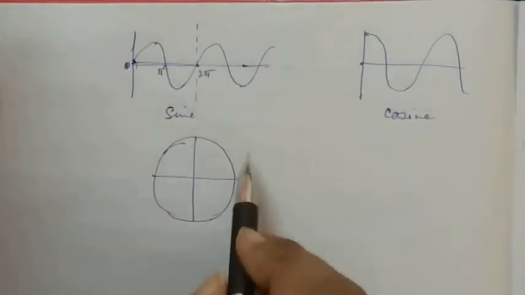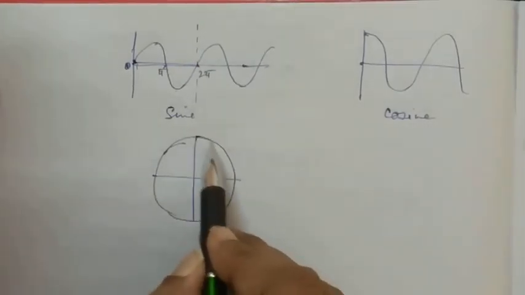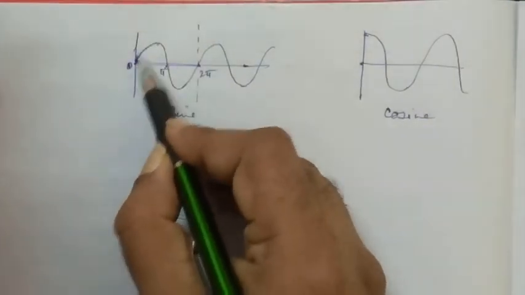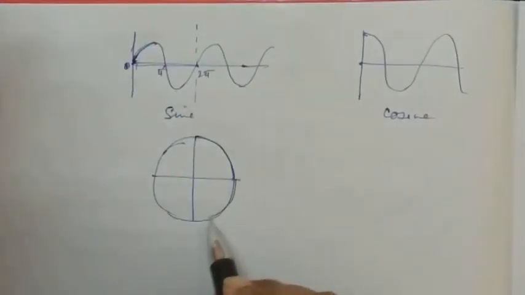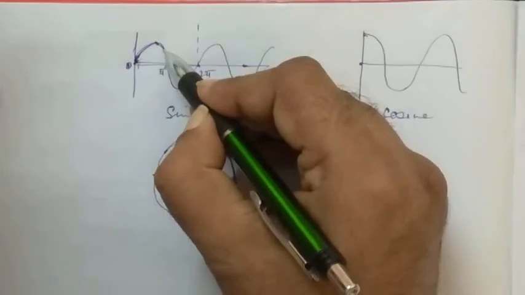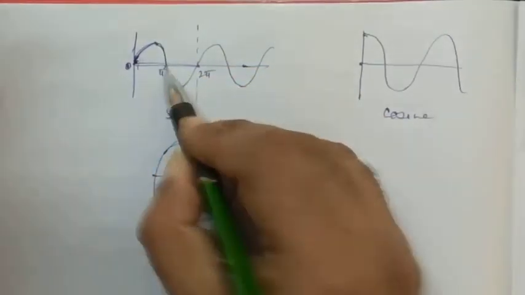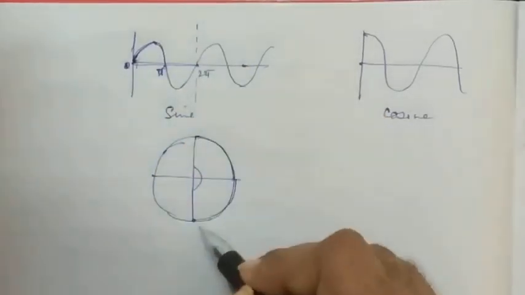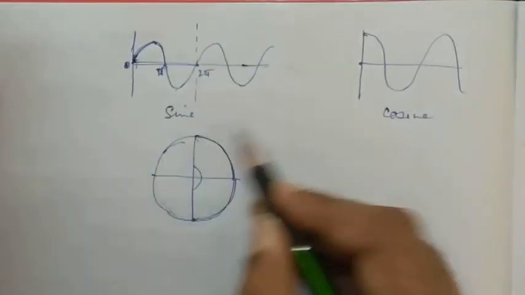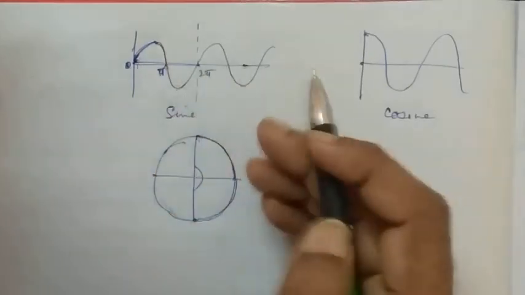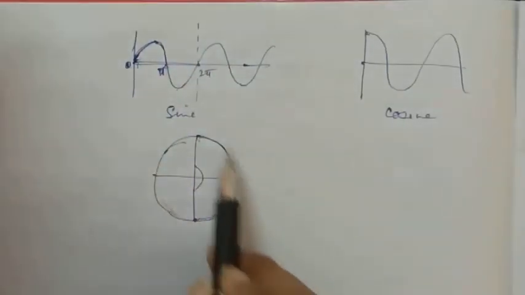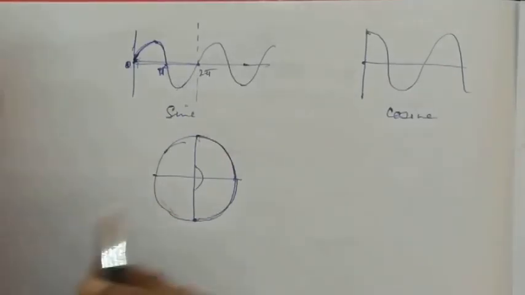If the particle starts from this position, it moves 1/4 of the circle, means it has moved up here, extreme position. Going downwards to this position means the particle has moved to this position. So this is a shift of pi. This is also a shift of pi. Similarly, this part we can get in this fashion also. So one complete oscillation represented by sine curve can be converted to a circular motion also, to understand the angle,